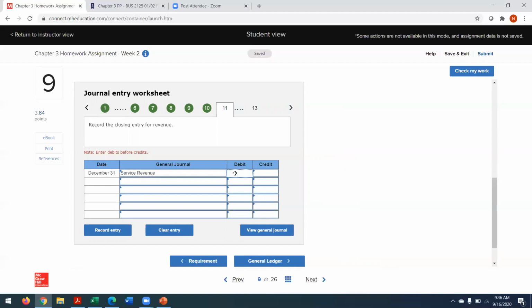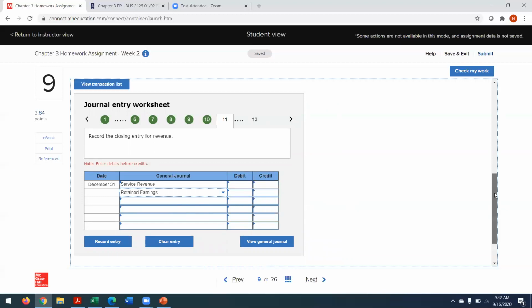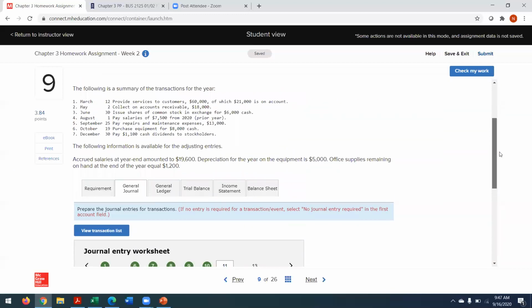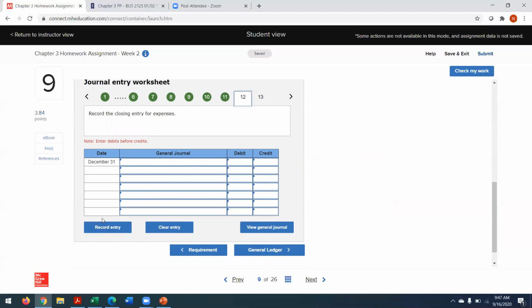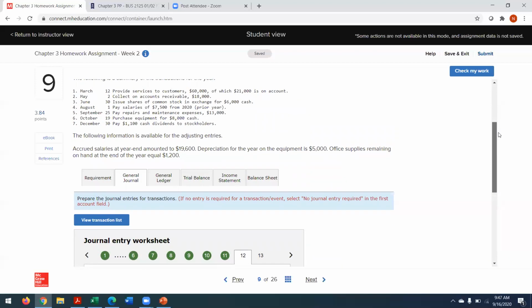What was our revenue, guys? Well, I'll tell you. It was 60,000. They want us to close out that account. Then they want to close out our expenses. Our expenses were